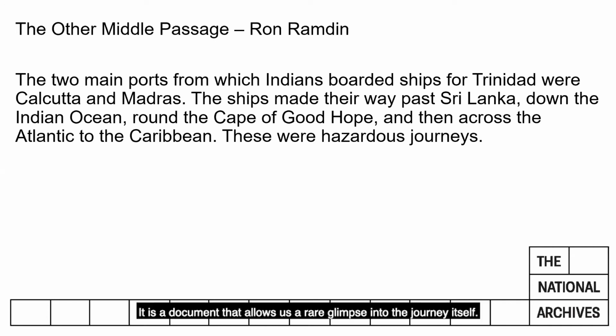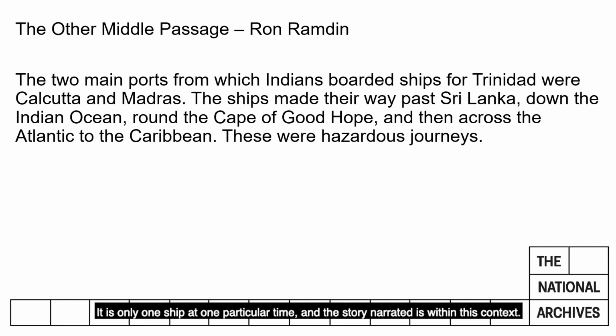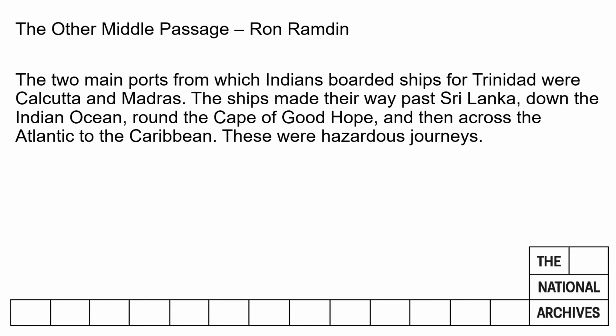It is a document that allows us a rare glimpse into the journey itself. It is only one ship at one particular time, and the story narrated is within this context. The ship left Calcutta on 17th March 1858 with 324 Indians. What is immediately noticeable in reading the journal is the heavy incidences of sickness on board and the poor provision